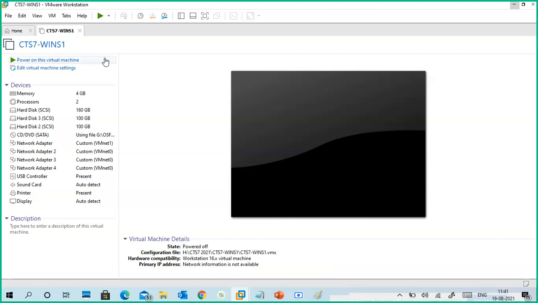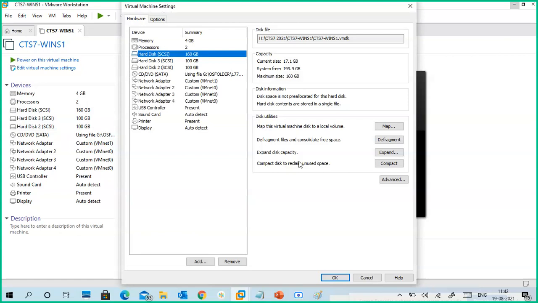Okay. So this is my Windows server, which we updated yesterday, and it took a lot of time. I finally closed it and opened it again, and then it is working. And we installed Windows Admin Center also, but I will tell about that later. So you have 4 GB RAM, two processors, and I have three disks. This is the operating system disk. This is an extra 100 GB disk I added, and four NICs are there.